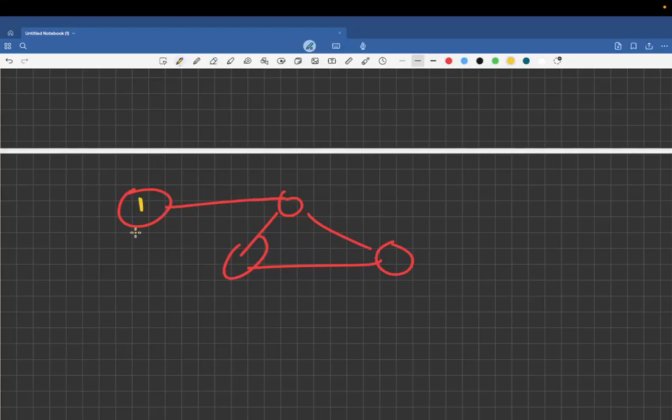You marked this as 1. You marked its adjacent as 2. 2's adjacent you marked as 1. And now when you try to see the adjacent of this particular node, you will see that it is already marked and it has the same value. This creates the conflict, right? So in that case, you will simply return impossible.